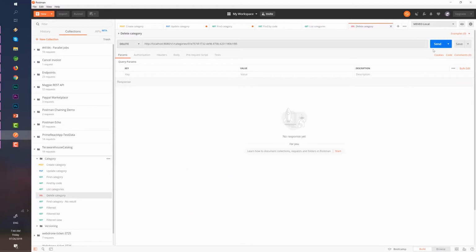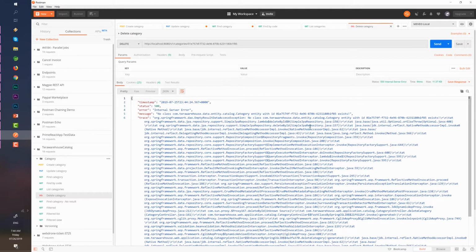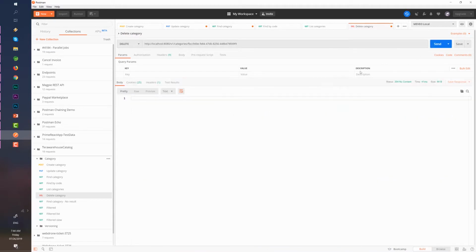And then we have the delete category. Method is delete. Let's hit send, and the status is okay. Sorry for that. We first need to update the UUID in the path parameter and hit send. So we don't have any text response, but the status is 204, no content. So that